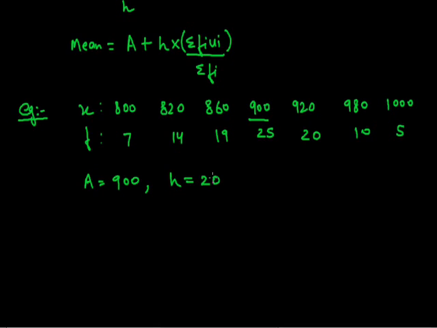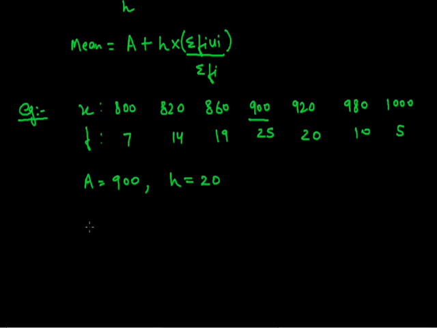Because we also have to keep in mind that after dividing by h, we definitely should not get a decimal value, because if we get a decimal value, then our calculation will increase. So better to take integer values after dividing by h. So we need to take the value of h such that we will not get a decimal value. Now as we have taken the assumed mean and h, first we'll find out the deviation, that is di.